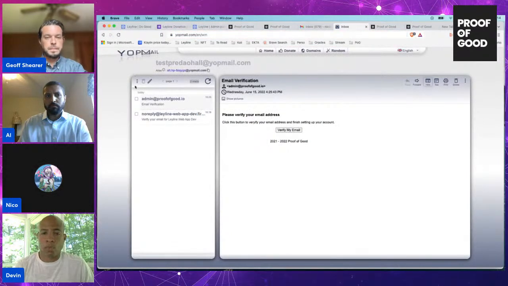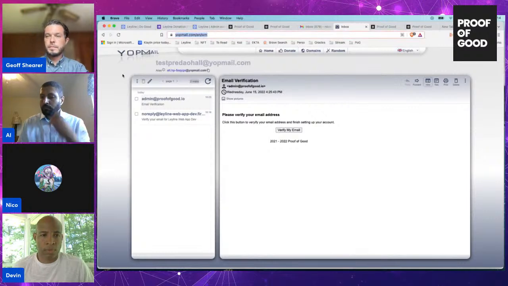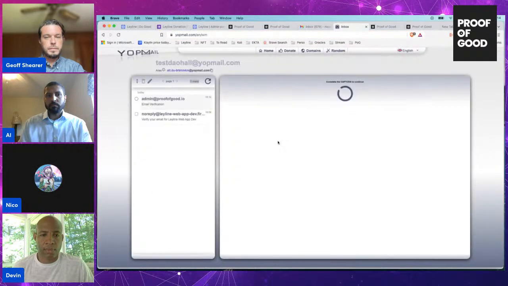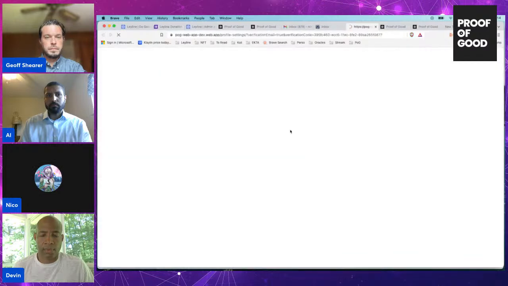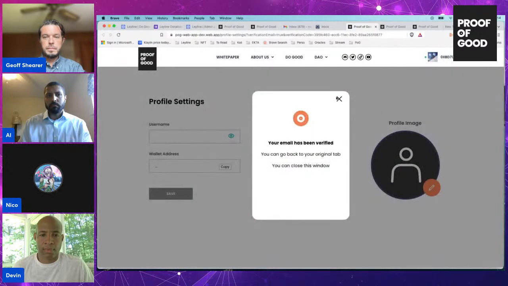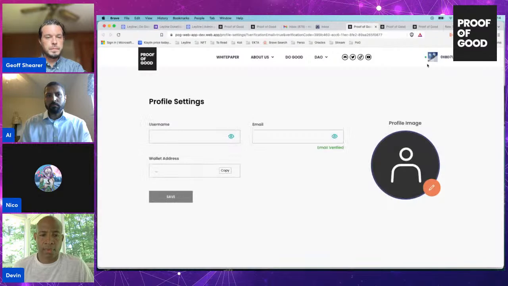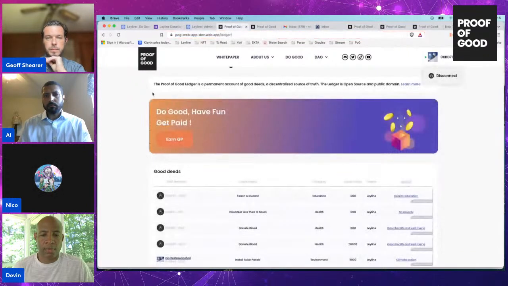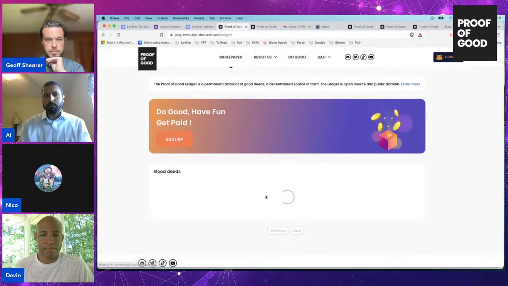Let me just go to, I don't know if you guys are familiar with Mail, but it's just a fake disposable email address. So in here, it says that my account is verified. And hopefully now, when I go in the ledger,